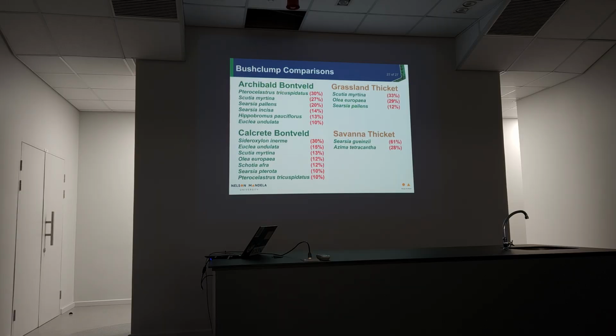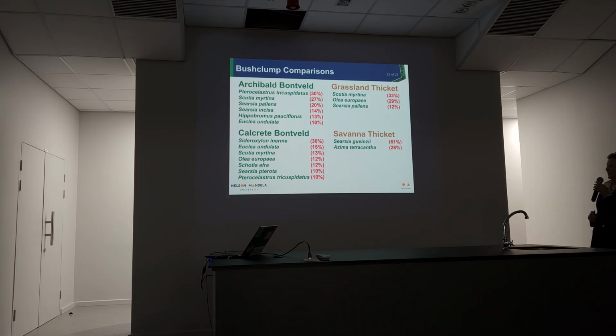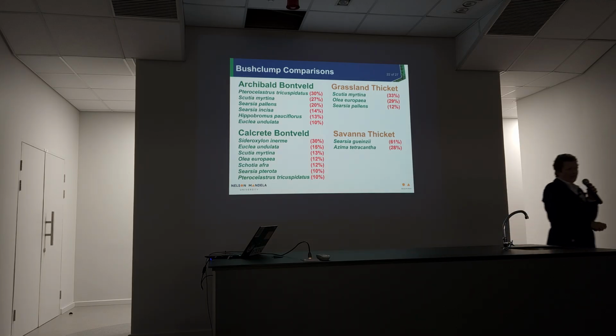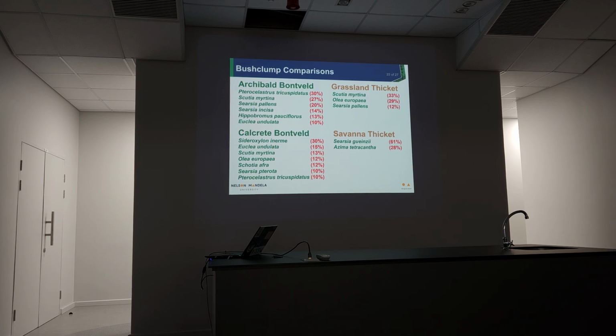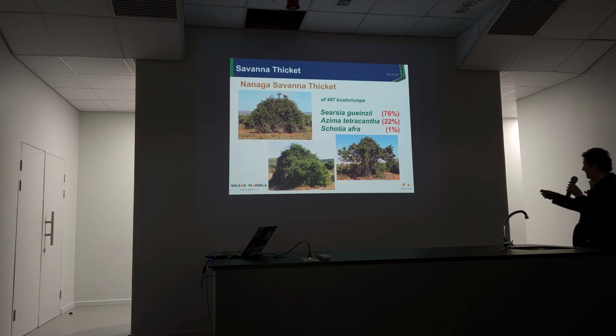The Nanaga Savanna Thicket is an issue though. You will notice the high diversity in the Calcrete Bontveld bushclumps. The Archibald Bontveld also has high diversity in the bushclumps. You can pick out your favorites. This, though, is a problem. The Nanaga Savanna Thicket bushclumps only had 1 or 2 taxa, and having measured 487 bushclumps for dominant taxa, I found one that had 1% that were